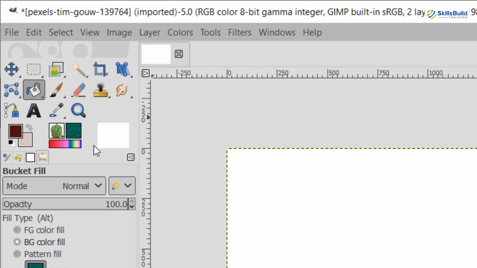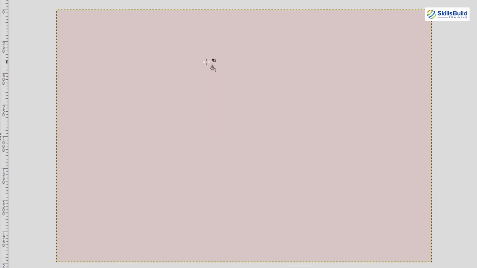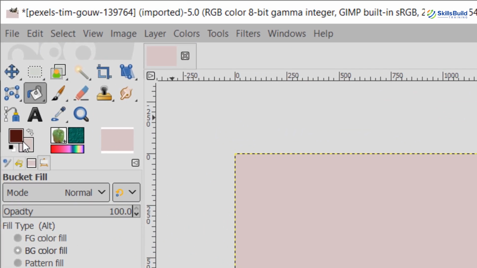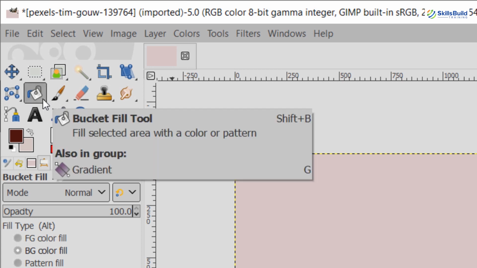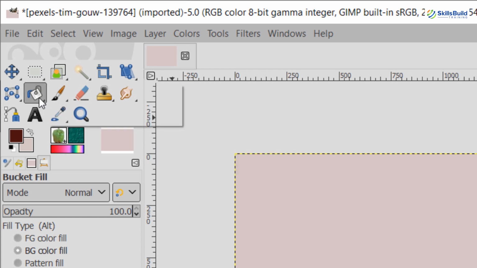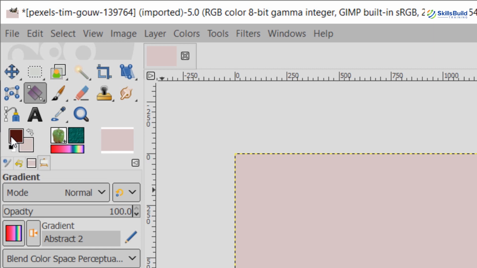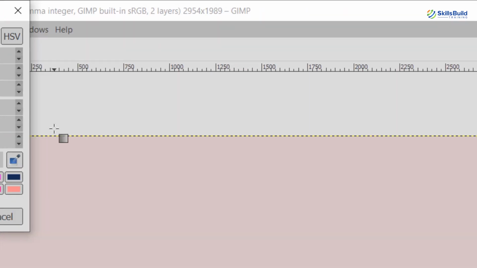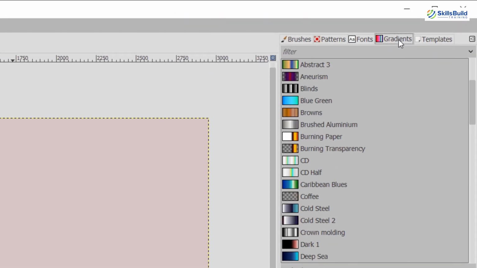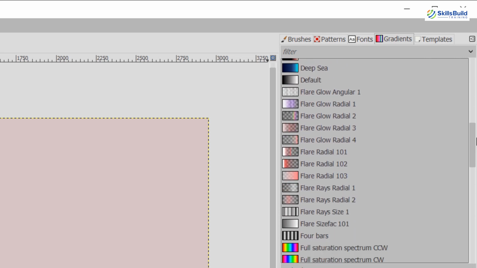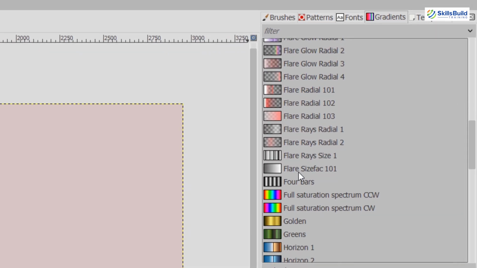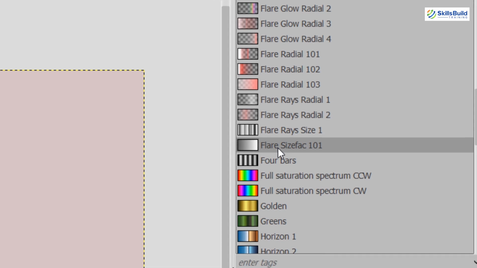And then select it and now you can simply use this color. Now coming towards the next thing that you can see here is gradient. Select gradient and you can also adjust the colors for gradient as well as you can have different gradients here. Let me use a built-in gradient. I'm going to use Flare Size Pack 101